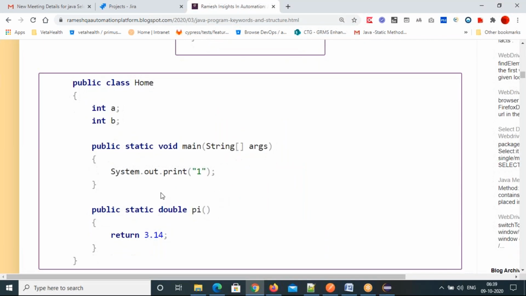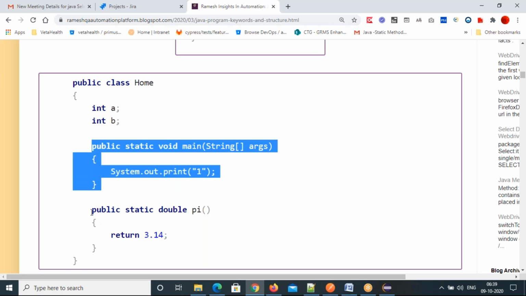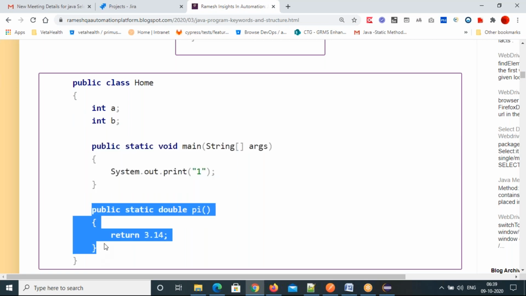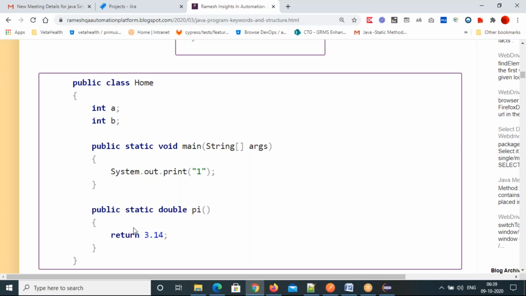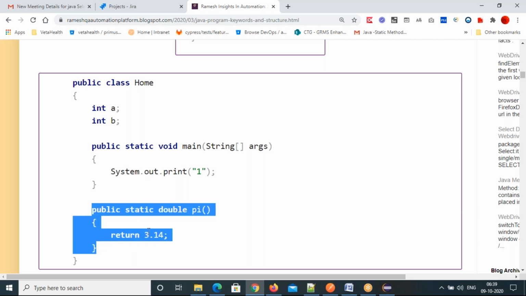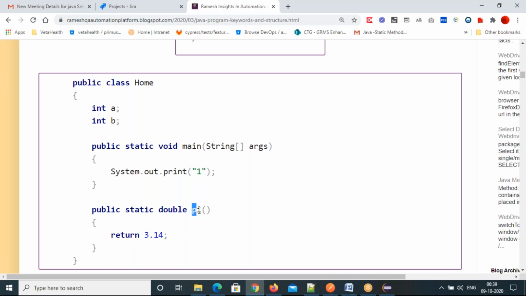So you can declare the variables, this is the main method, and this is one more method. This method is defining your own method like this, but you have to call this method under the main method, then only it will be executed, otherwise it won't execute.